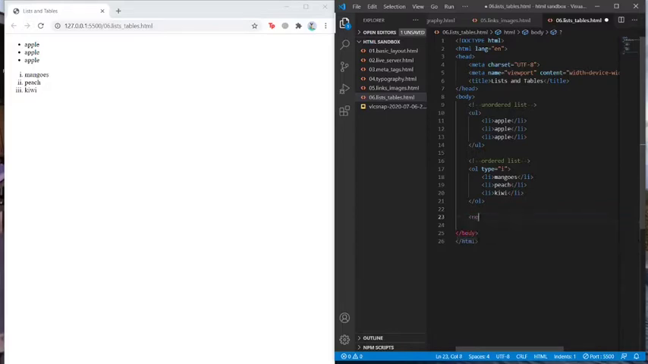Next up, it's not a new kind of list, it's just a mixture of those two. It's called a nested list, which basically means a list within a list. So for example, you start with an unordered list, right? You started writing the unordered list, you have your list items. I'm just gonna say I need 2 list items over here. You have grapes and